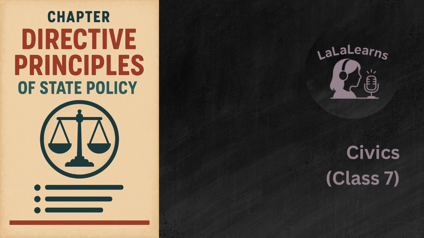And a third point sometimes raised is that some of the directive principles may come into conflict with the fundamental rights. Conflict, how so? Well, fundamental rights are enforceable, and sometimes achieving a broad DPSP goal might seem to infringe on a specific individual fundamental right, creating a legal tension.